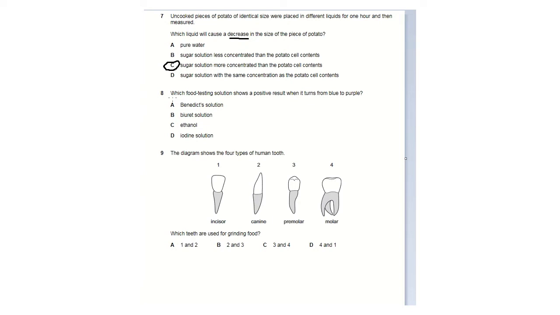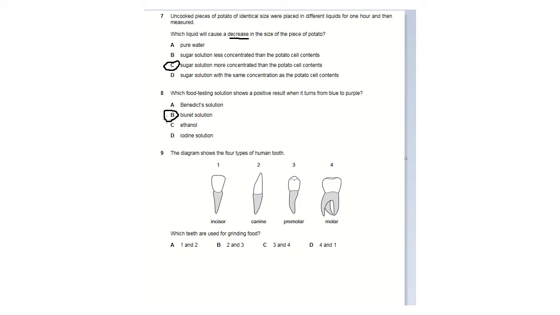In 8 they ask about the different types of food tests we also did in class. Which food testing solution shows a positive result when it turns from blue to purple? Well, Benedict's, when positive, turns red, so it can't be that one. Ethanol turns cloudy, and iodine turns black, so the only possible answer is our Biuret test, which turns purple when